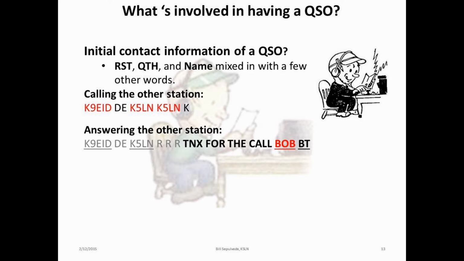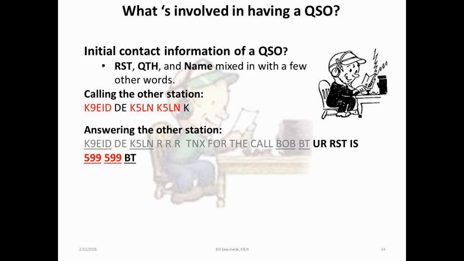Then follow this with the pro sign Bravo Tango, which is used for separation of phrases or sentences, instead of using a period or comma, and it's one of the most used pro signs in CW. Then give Bob his signal report by sending the letter U and R to abbreviate the word your. Then RST is